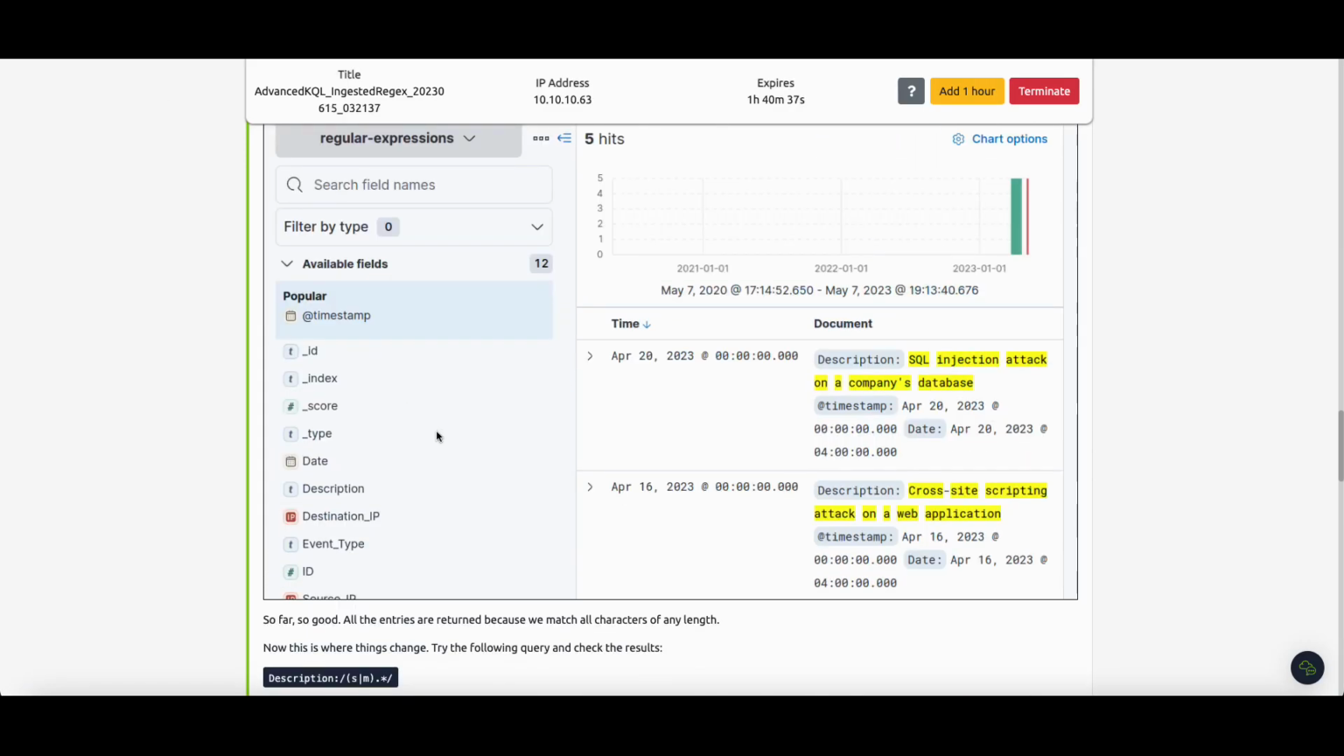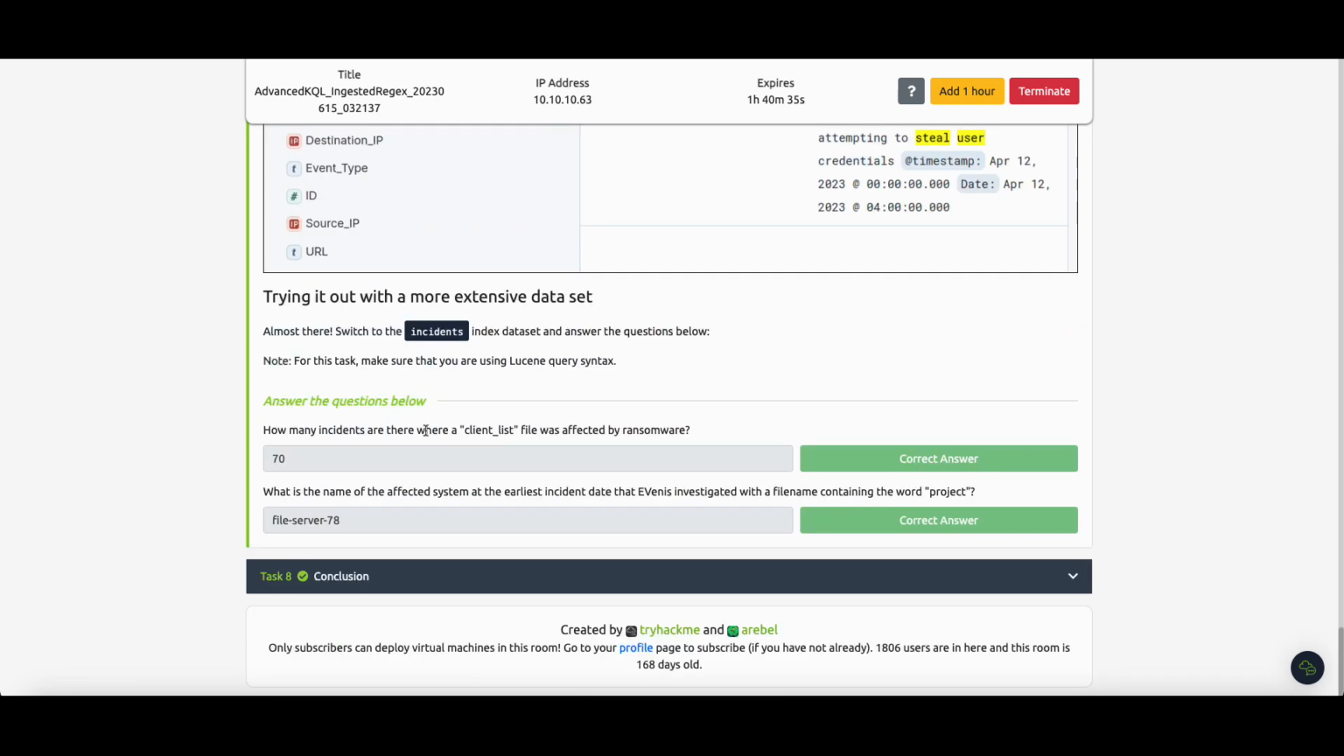That's great. Now let's solve the last questions of part 2 for advanced ELK queries. How many incidents are there where a client list file was affected by a ransomware? Here we will use regex,